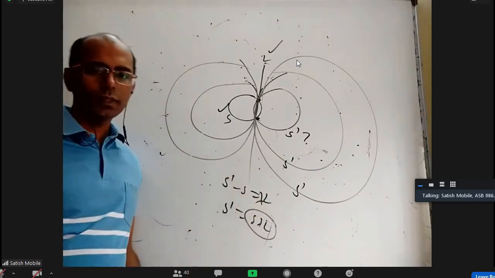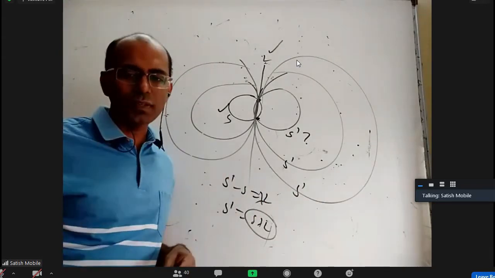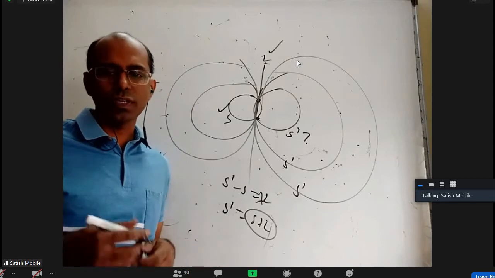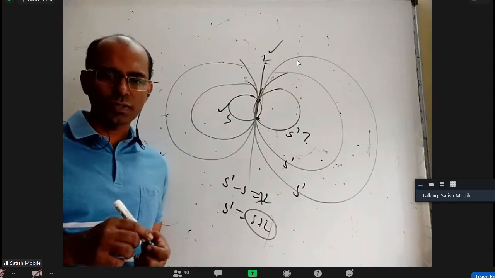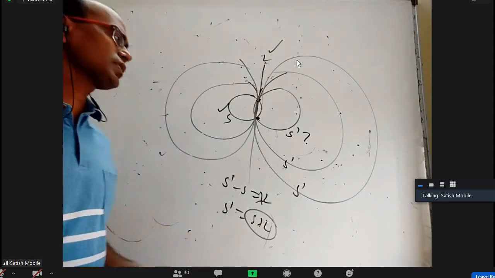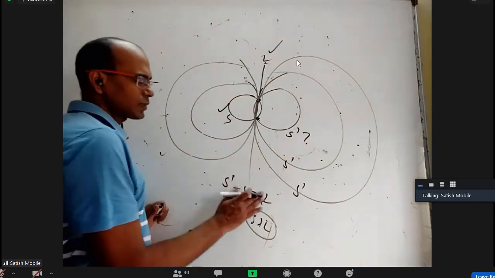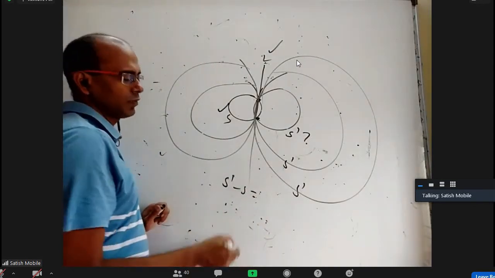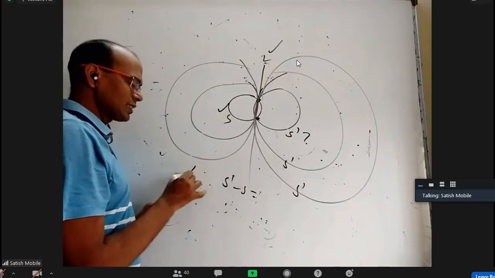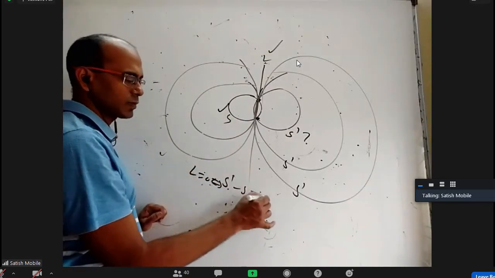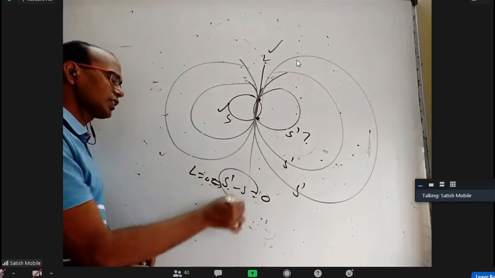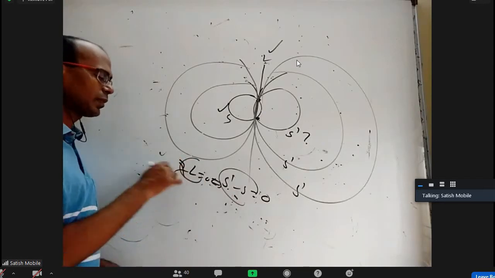When you take a line equation, 2 times that is also a line equation, 3 times too, because equal to 0 is there. By multiplying by 2, you are not going to change any points on that line, even though the equation apparently changes. So one should not think S dash minus S is only L. It can be any multiple of L. So when you say L equal to 0 is equivalent to S dash minus S equal to 0, we are not saying these two are equal. We are saying this is equal to some lambda times L.